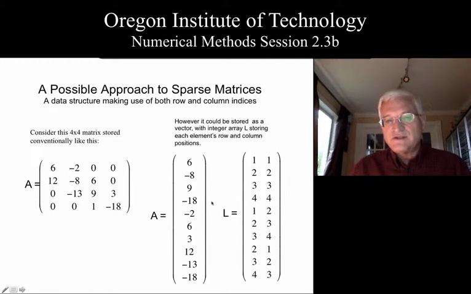The other thing to notice is the L matrix can use integers, and integers generally take less space than real numbers. Typically, we will be storing A as floating point because I can't be guaranteed we're storing integer values in the matrix A. If we use double precision real, which is common today, then each one of these entries requires 8 bytes. That means these 10 locations cost us a total of 80 bytes. In the original square matrix, we have 16 times 8 bytes, or 128 bytes that we're storing.